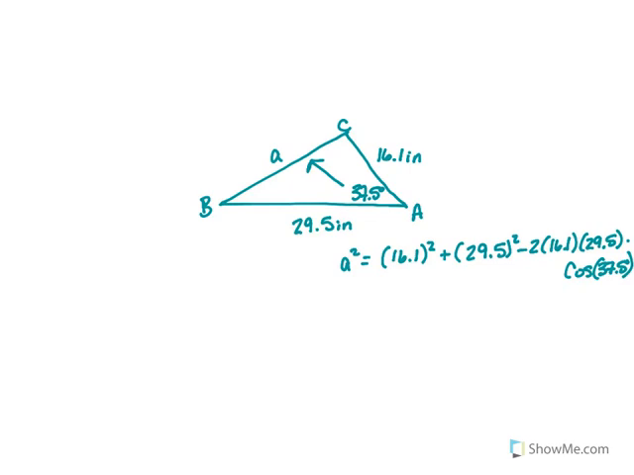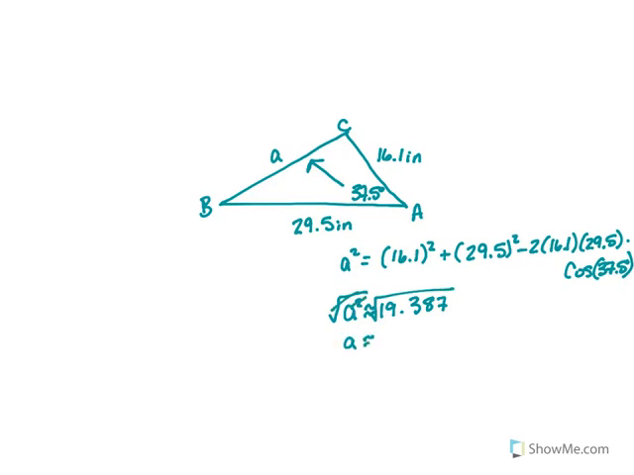Okay, you should have gotten a squared is approximately 19.387. It doesn't really matter how many decimals you write down, because you just click answer to put it in your square root anyways. So take the square root of both sides,